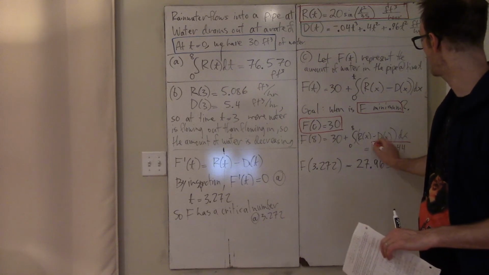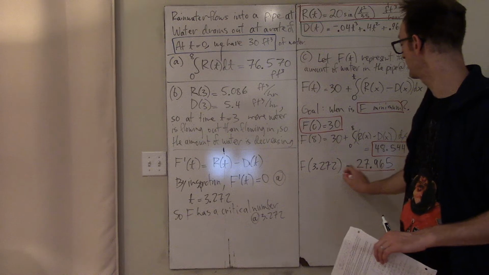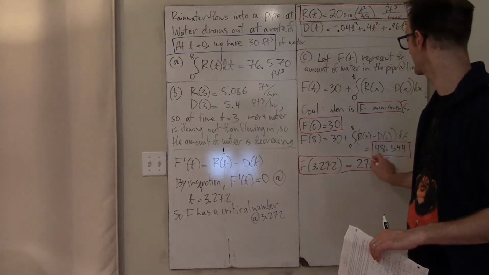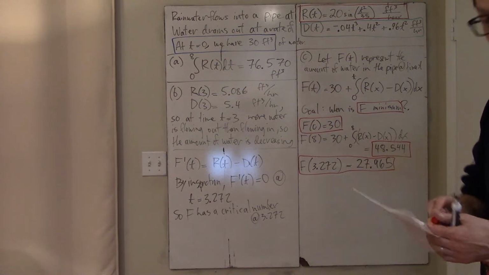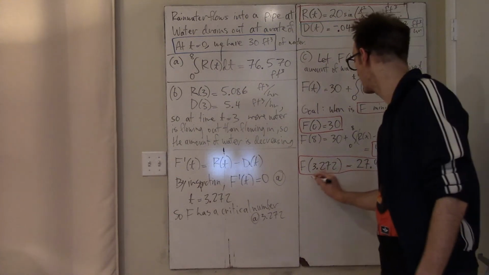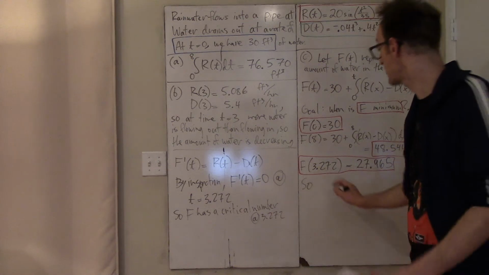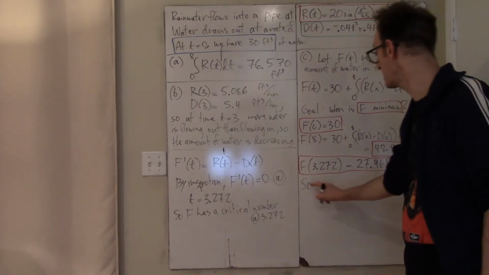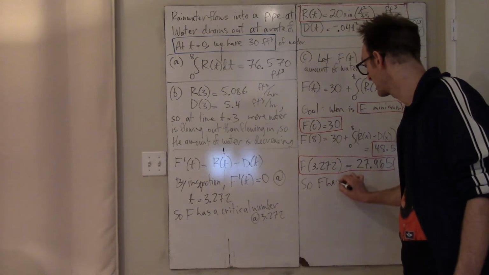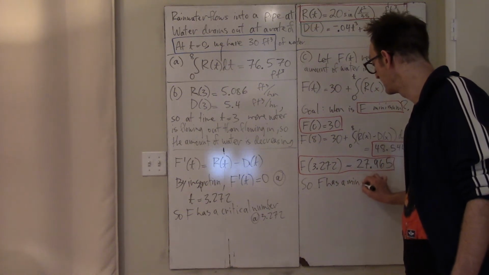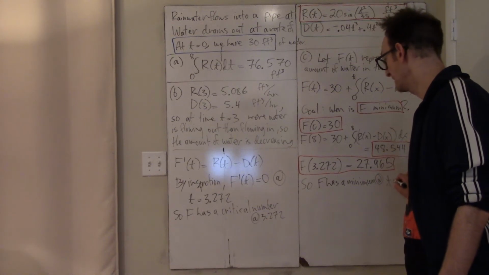I computed that f of 8 was 48.544. And I computed that f of 3.272 was 27.965. And therefore, I can just conclude, because that number is the smallest, f has a minimum at t equals